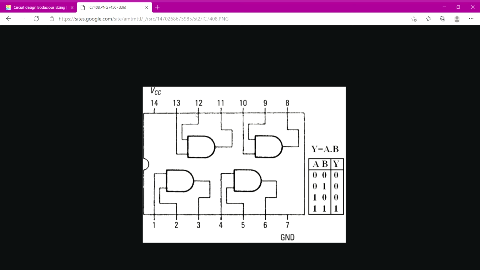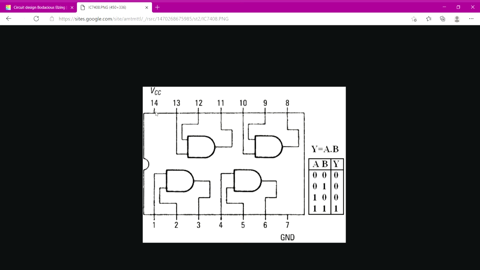Pin 12 and 13 are input pins, pin 11 is output, and just like pin 7, pin 14 is neither an output pin nor input. Pin 14 is VCC. This pin will be connected to positive.